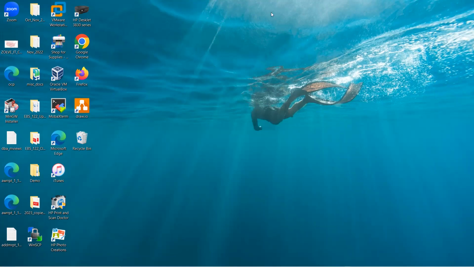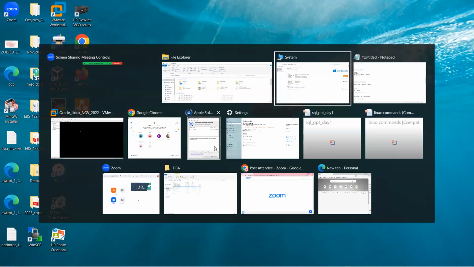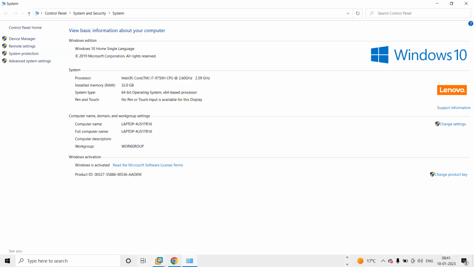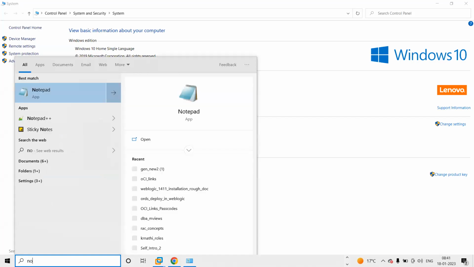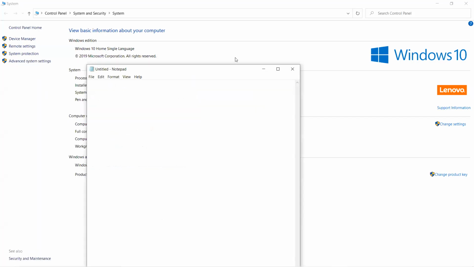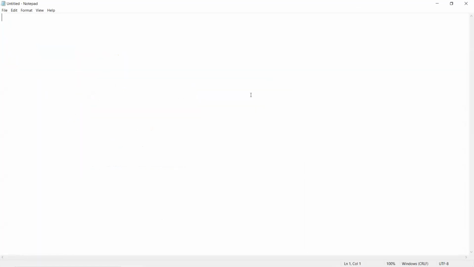What about internal storage for workspace? See here, I'll tell you how the configuration will be. For example, if you have 8 GB of RAM plus a 1 terabyte hard disk in your Windows laptop,